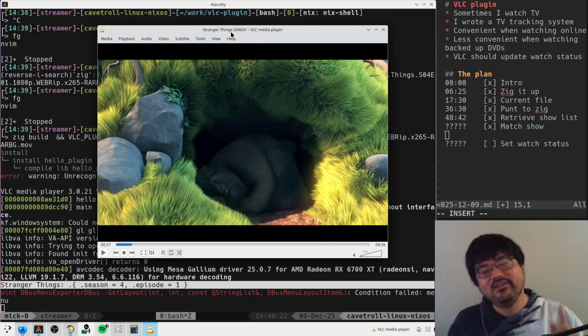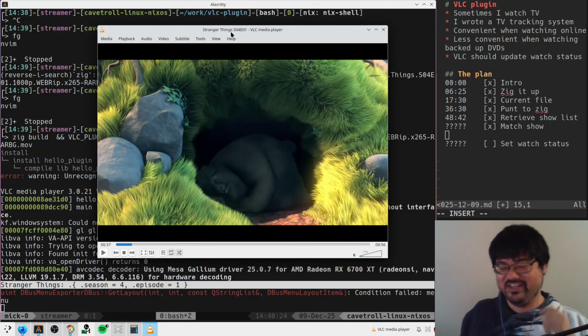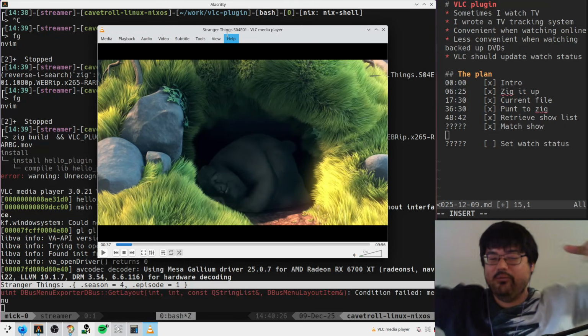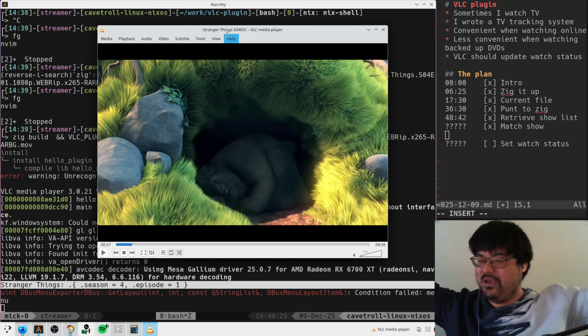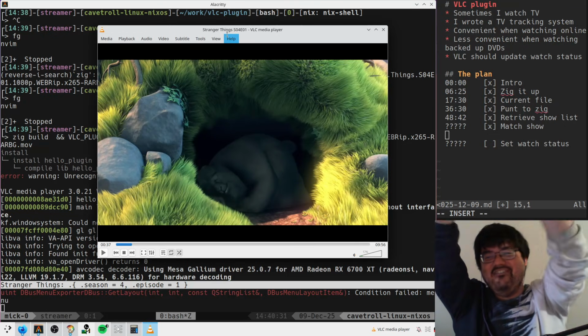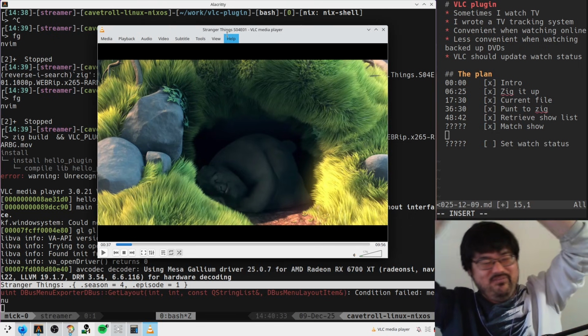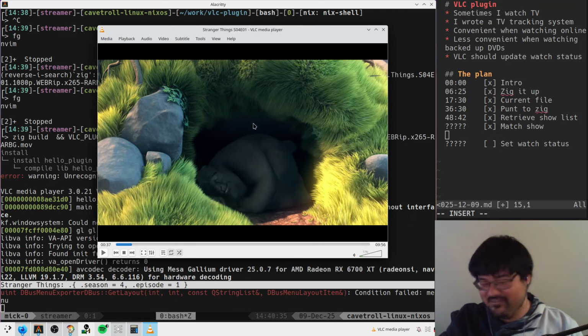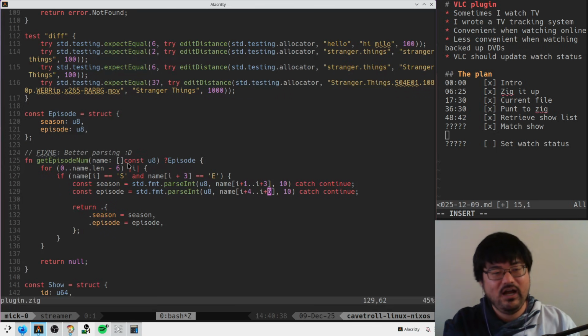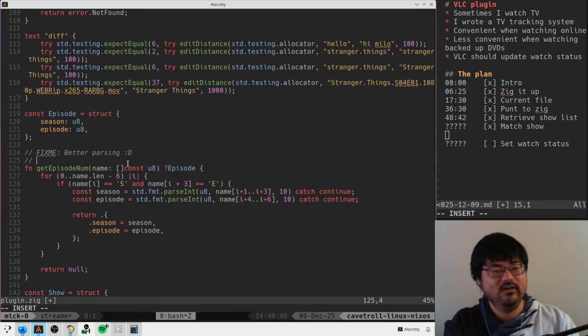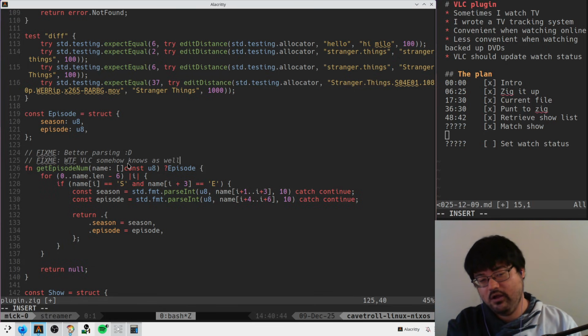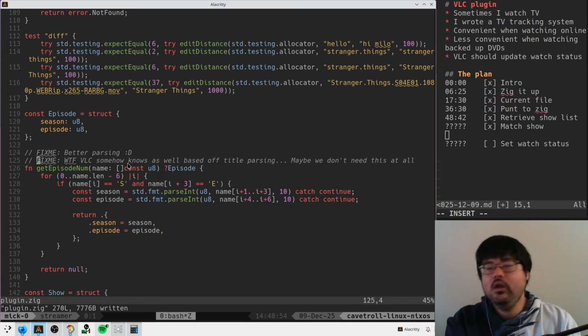That's so funny. VLC must be doing something intelligent internally as well. Because this isn't based off the show metadata, because the show metadata says it's Big Buck Bunny. Wow, that's crazy. Maybe we should be hooking into them. But anyways, fix me. VLC somehow knows as well, based off title parsing. Maybe we don't need this at all. But